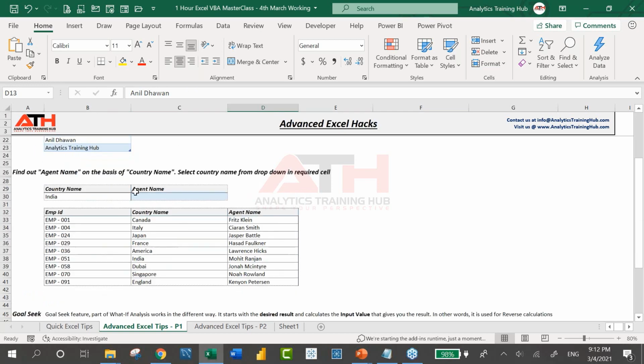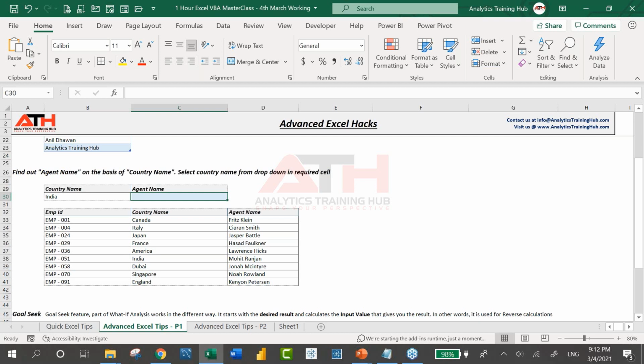Now, next is, of course, no webinar, no Excel session can be completed without the use of VLOOKUP. So Mukul is asking, is there any way to make our file lighter while using multiple validations? Well, your file is actually lighter, Mukul.